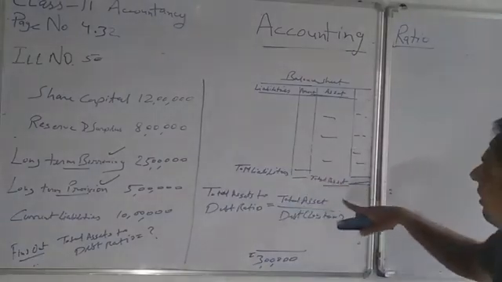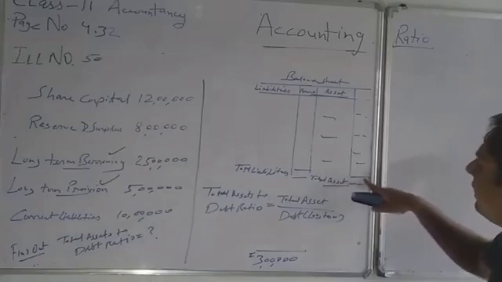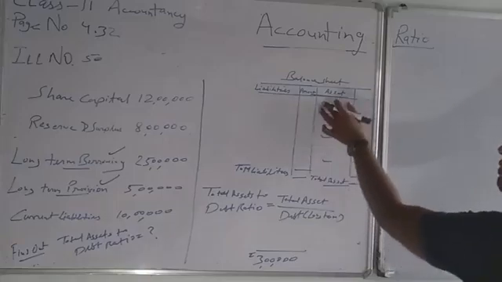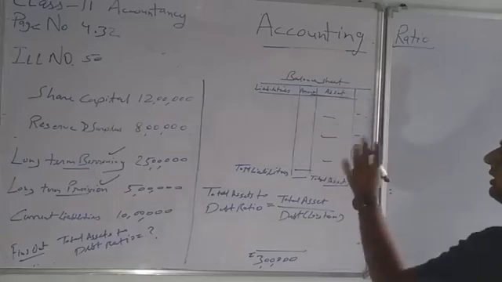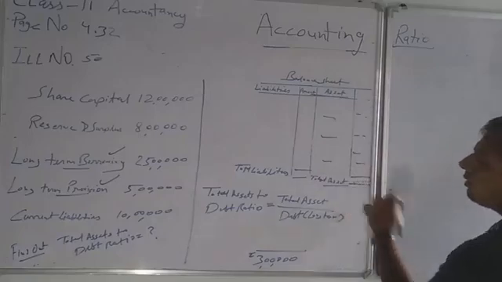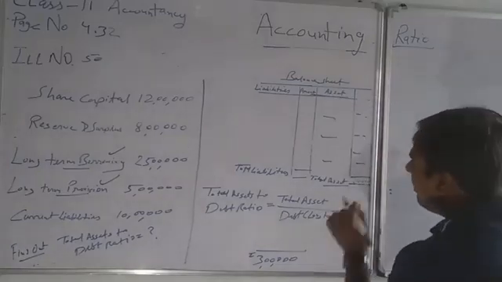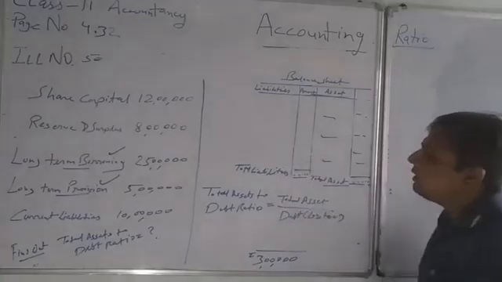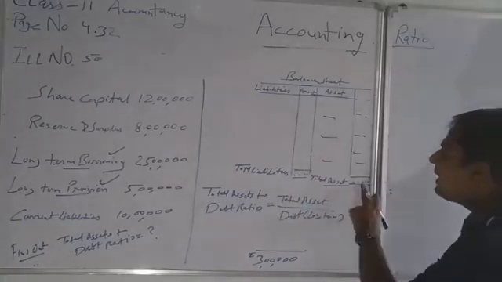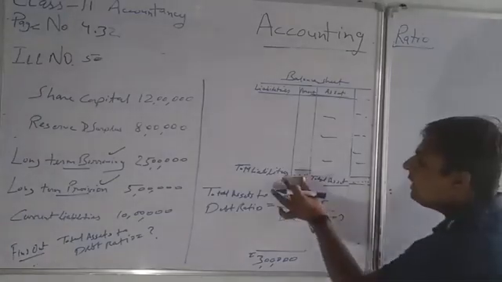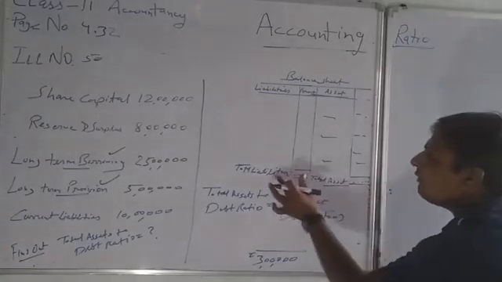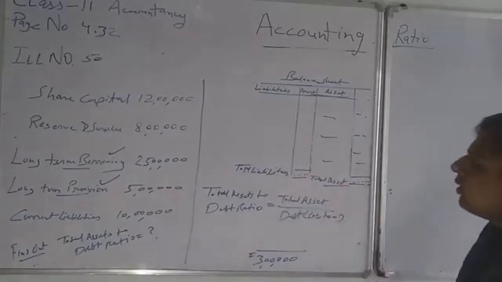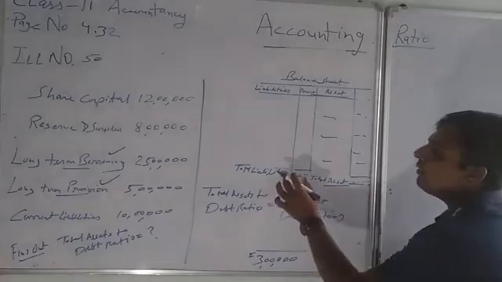So what we have to do is find this total asset. We don't have this information. No information of non-current asset, current asset, nothing is given. So how to find this? One solution: if we can find total liabilities, then the total asset will be the same. Total liabilities is always equal to total assets. So if we are able to find total liabilities, total asset will automatically come. So for finding total liabilities, what we have to do?